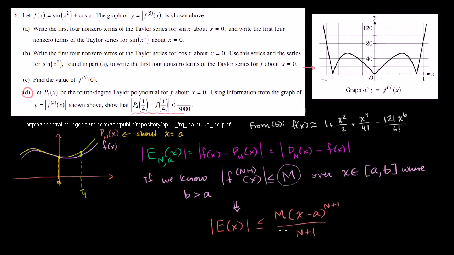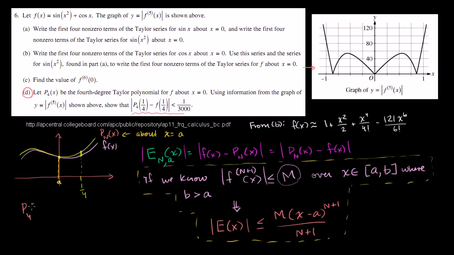So this is the thing that you really have to know ahead of time to be able to do this problem. It would be nearly impossible in the time constraints of the AP exam to prove this from first principles. I encourage you to watch that video so you can understand how this proof happens from first principles, but going into the AP exam, based on the fact that this did show up in the 2011 exam, it's probably good to know this property, to know how to bound it. And this is clearly what they're asking for,